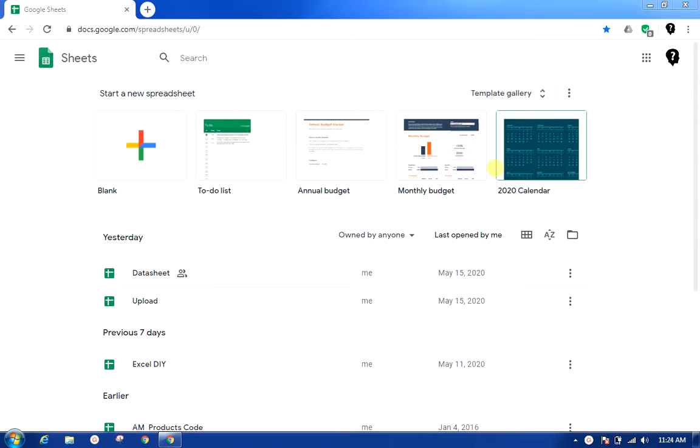Hello everyone. Welcome to the session on Google Sheets. Basically, we will start with Google Sheets and one by one I will be covering all the Google apps and suite for office as well as personal use. This is the very first session.